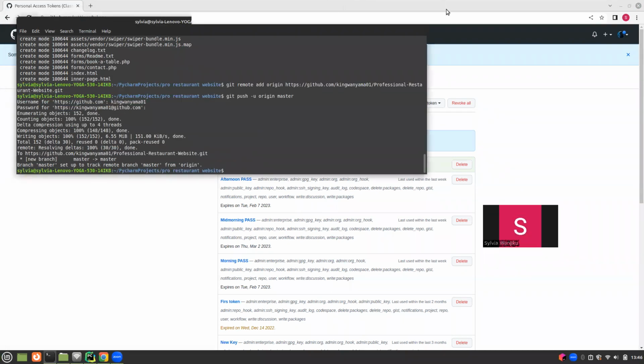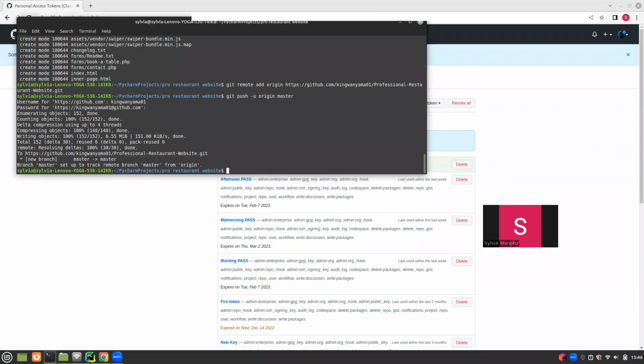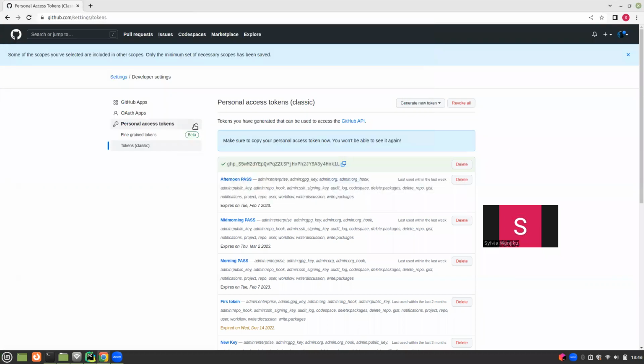Okay, so as you can see right now, it's been pushed successfully. Let me just show you the terminal. Yeah, it's been pushed successfully to 100%, and I've pushed it to the master branch, and that's all that I needed. Such that now next time I come to my GitHub, I can just click up here and go to